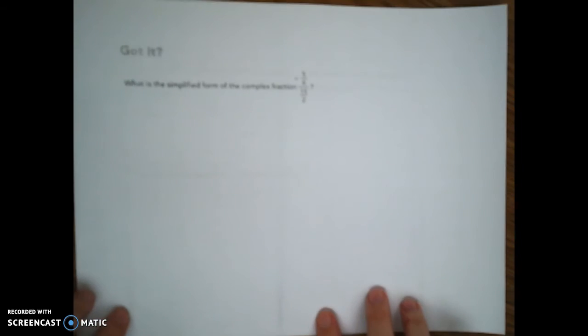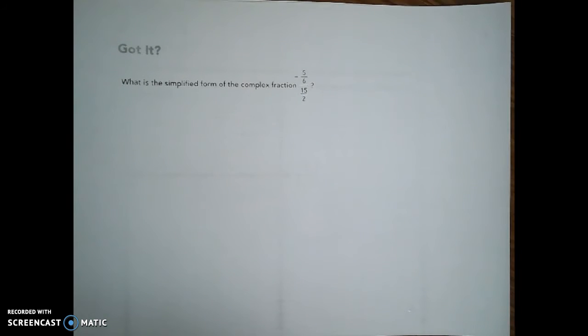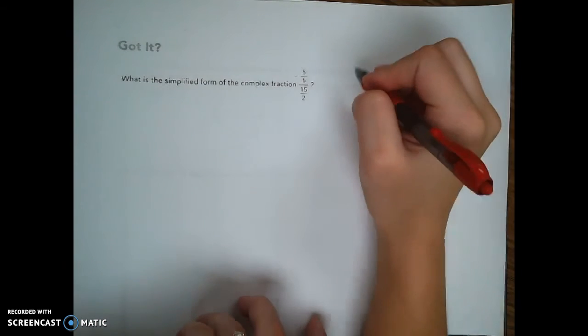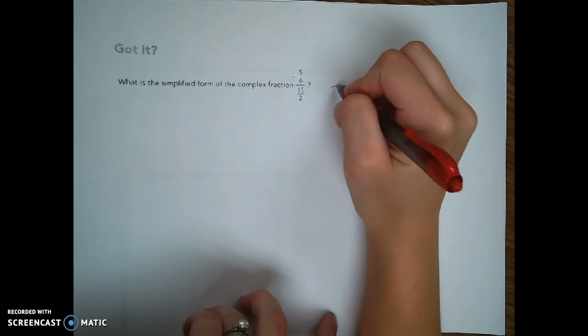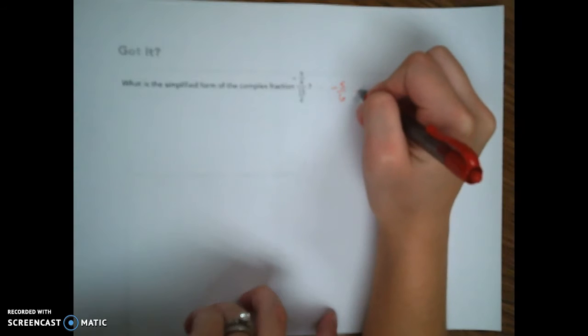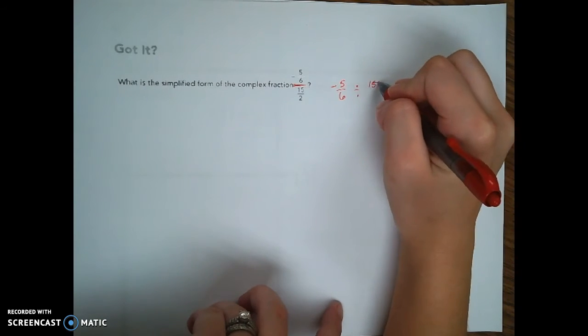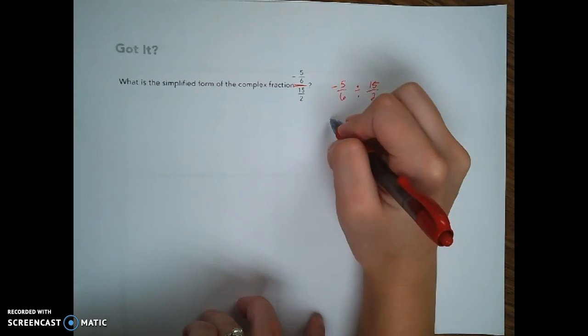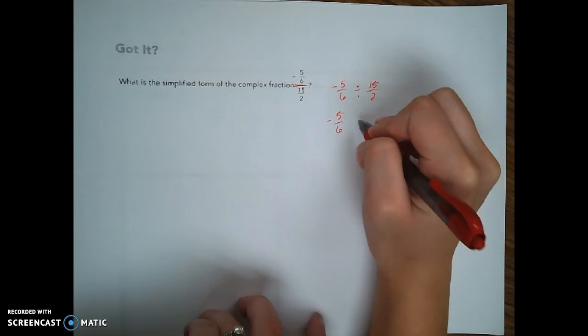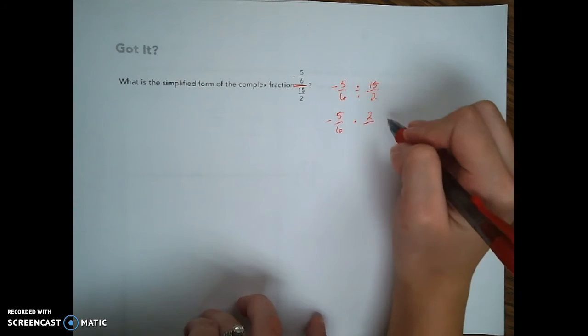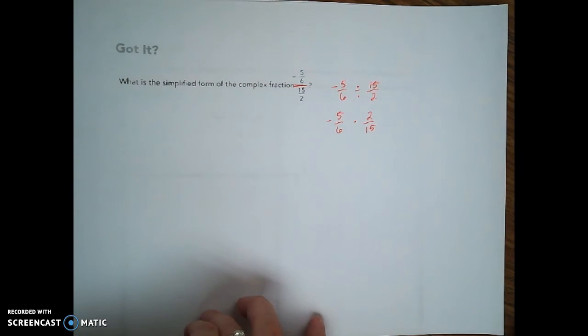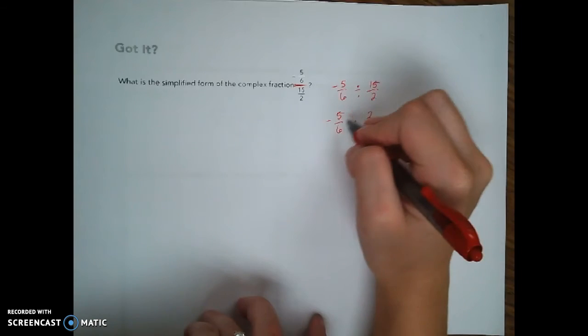Now we're back in our books. This one says, what is the simplified form of a complex fraction -5/6 over 15/2? And we can rewrite this as -5/6 divided by 15/2, because this is our main fraction line. And then we just simplify it out, so I have -5/6 times, I'm going to flip or do the reciprocal of my second one, times 2/5, and then I want to see if I can simplify, which I can